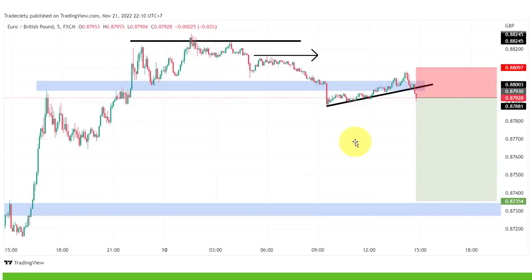We can even go to the 5-minute for that and time our entry. This is how it looks on the 5-minute now. You can see we are waiting here for the trend line to break. Stop loss wise, you could put it above this recent high. A lot of traders are putting it all the way up here, which is, I think, a little bit too